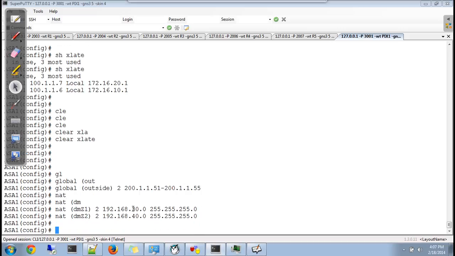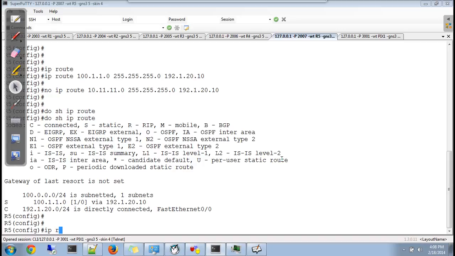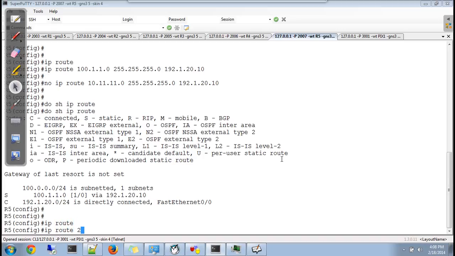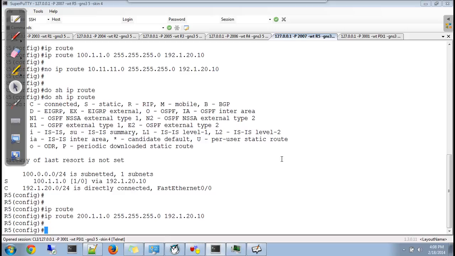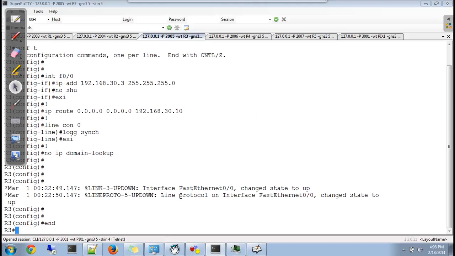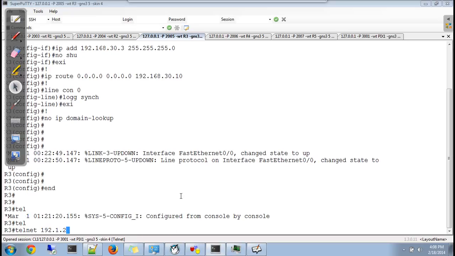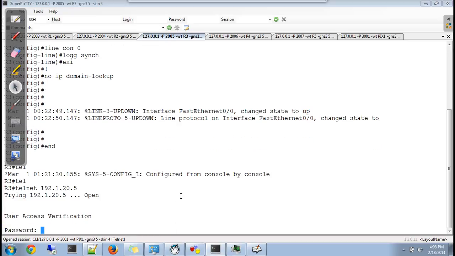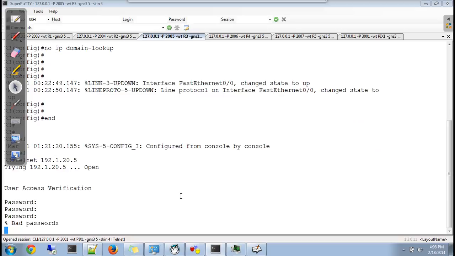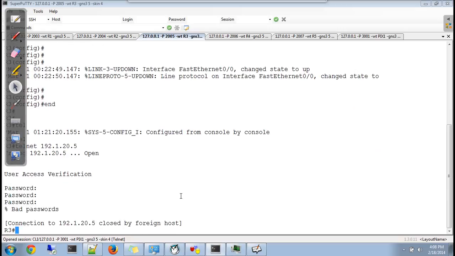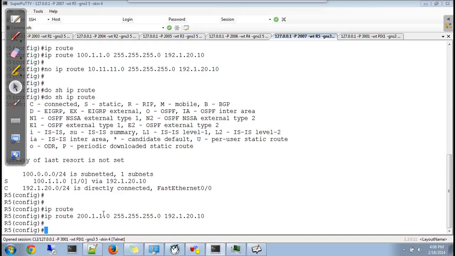Don't forget, you need to add this route. You need to add a route for the 200 network because there is no route. So on R5, add an IP route for the network 200.110.255.0 pointing to the next hop, and then go to any of the DMZ and say telnet. We give only one static route for the network 200.110.